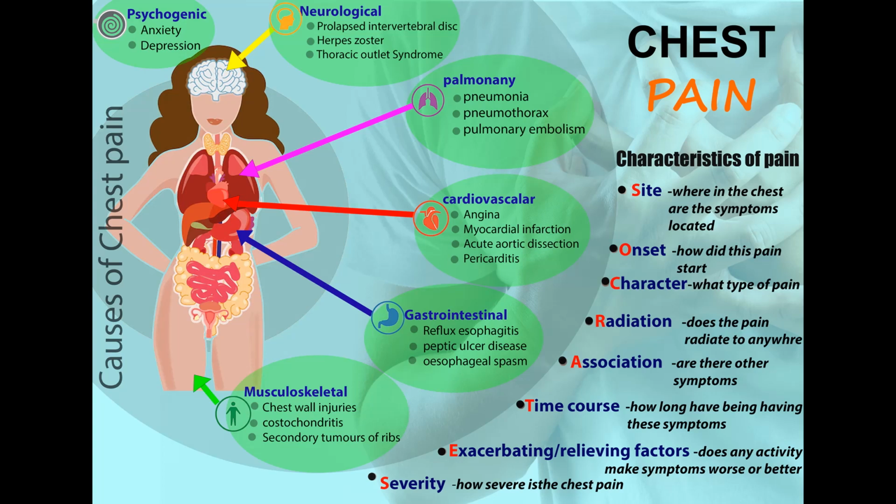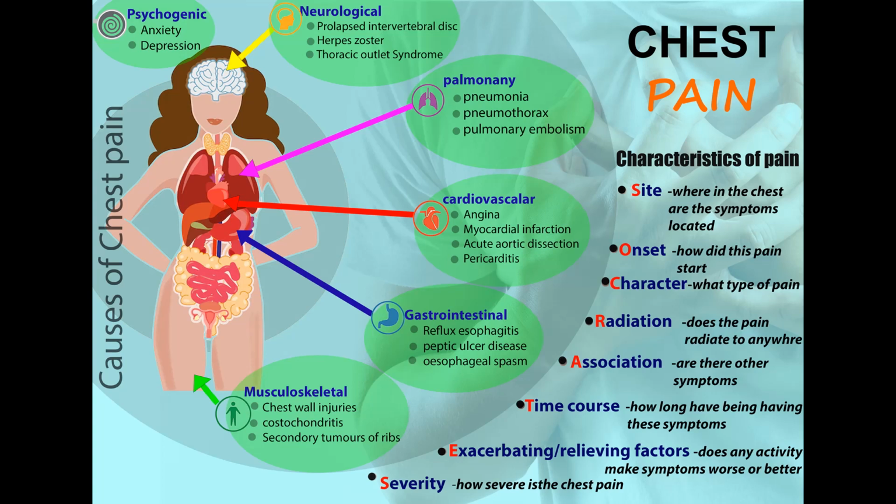Pain is felt as burning in the substernal or epigastric region, which radiates to the neck and can be associated with nausea, vomiting, regurgitation. Pain can worsen with postprandial recumbency and be relieved by antacids. Peptic ulcer disease: the patient may present with pain felt as a burning sensation in the substernal or epigastric region, which may radiate to the back. It can be associated with vomiting, loss of appetite, presence of causative factors, and the pain can be relieved by food or antacid. Then an uncommon condition, esophageal spasm.